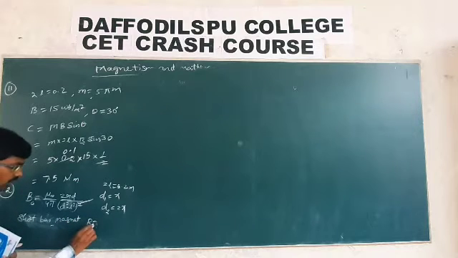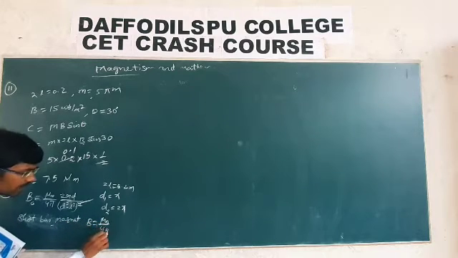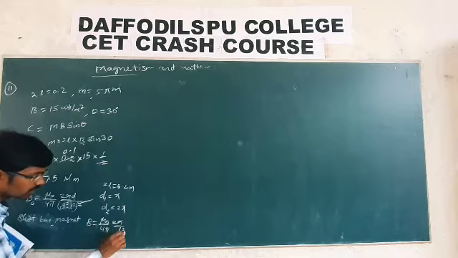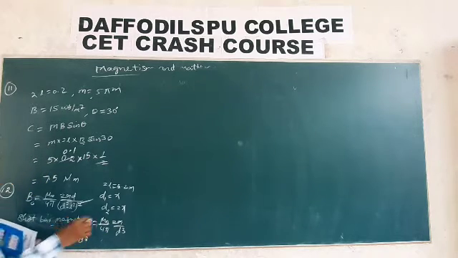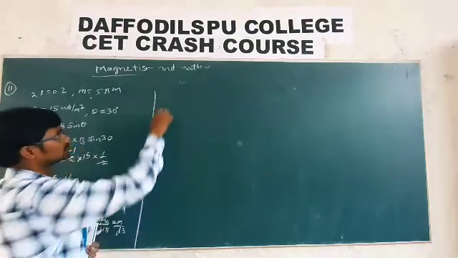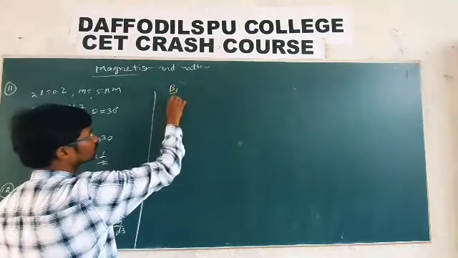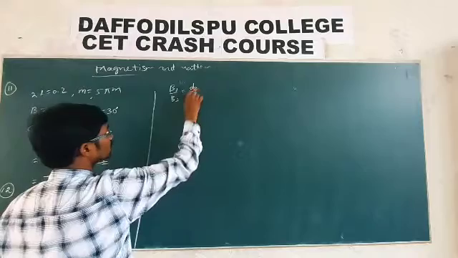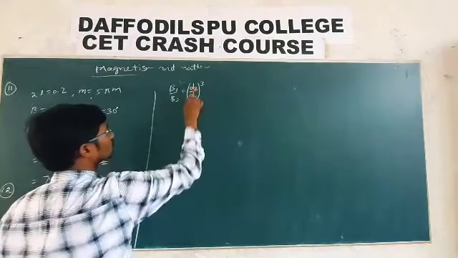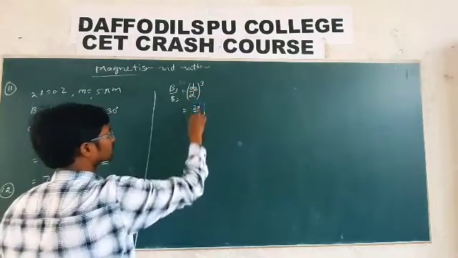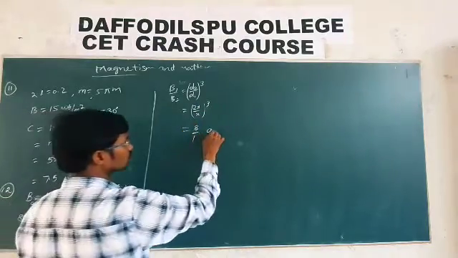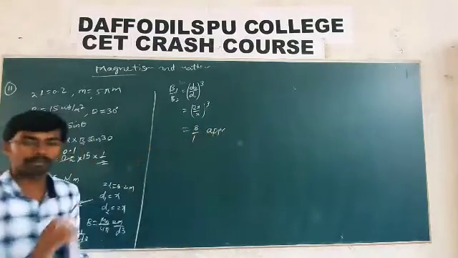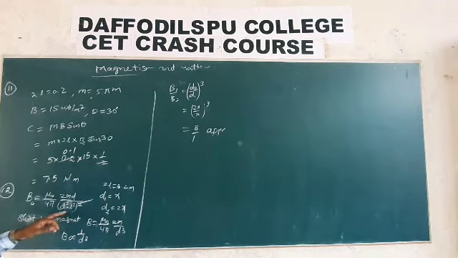Next, the magnetic intensity for an axial point and a point on broadside on position. Broadside on position is nothing but the equatorial line, at equal distance d from the center of a short magnet. The ratio of magnetic field on the axial line to the equatorial line, what is that ratio? 2:1. Fourth option. Let us see the 15th one.